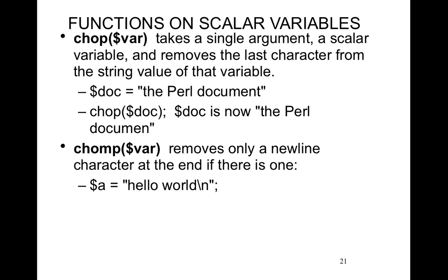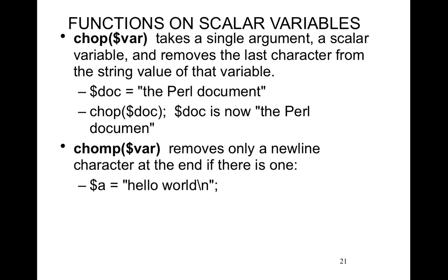So we can make functions. So, we can call functions. And we saw the function already, chomp. Chomp is the second one down here. It removes only the line return character at the end. So if you have "hello world\n" and you chomped it, it would take the \n at the end away. We have chop. It takes in the single argument of the scalar variable and removes the last character from the string